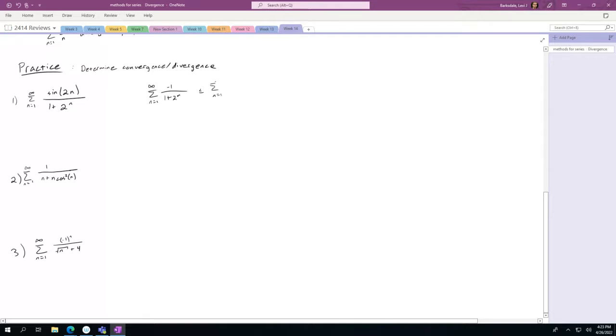Yeah, and then that's also less than 1/2n. Okay. But then when it gets to that 1/2n part, I wanted to do the divergence test, but